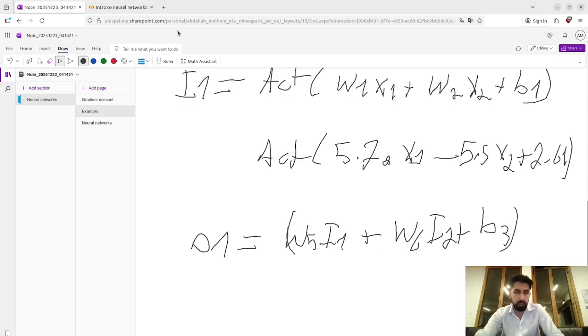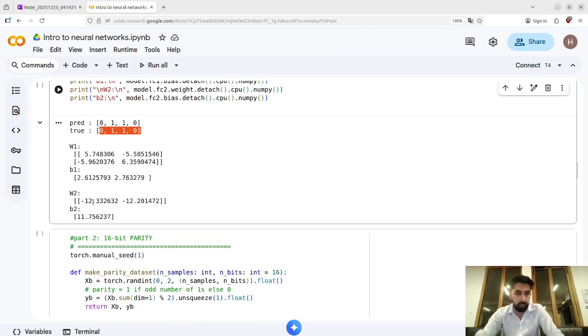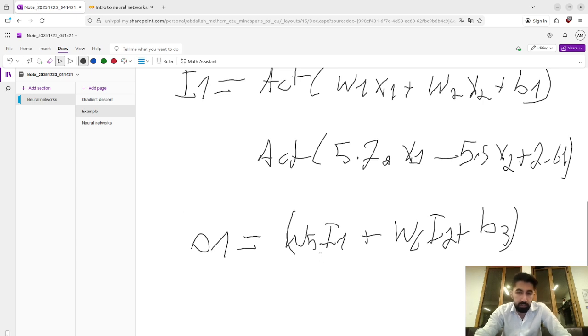In my code I only have B1 as a vector, so actually we have B1 and B2, and B3 is actually B2 over here, so plus 11. Anyway,